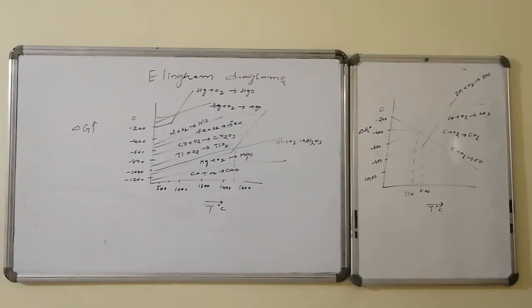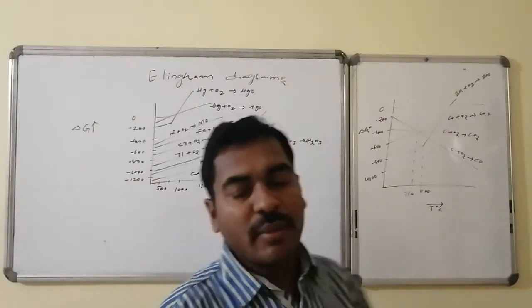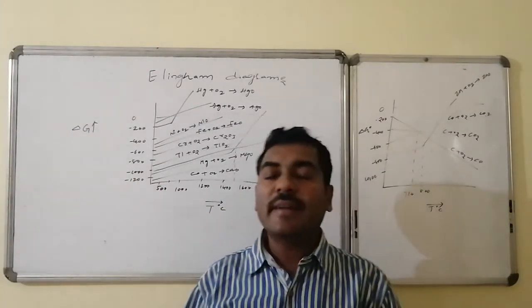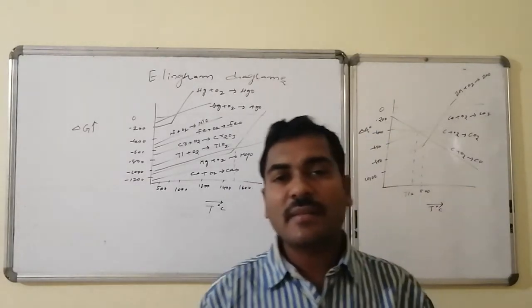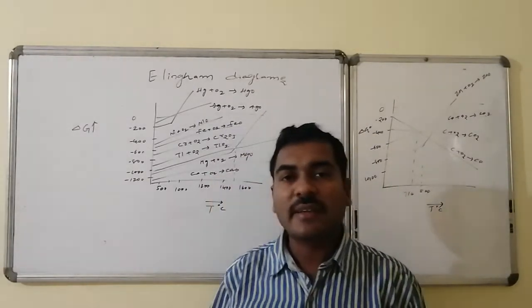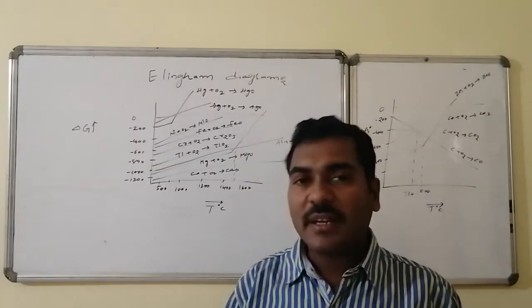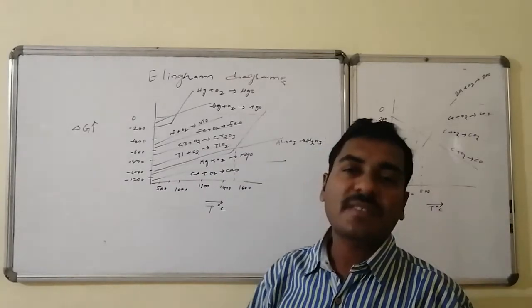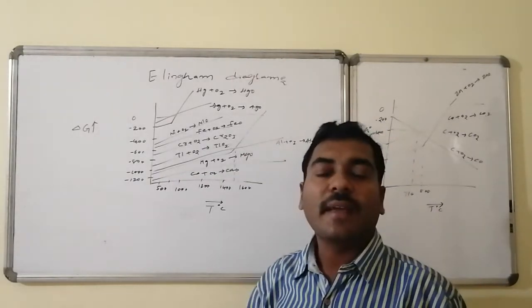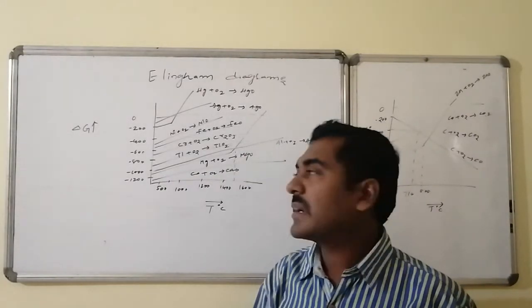Ellingham diagrams. Here the different varieties of metal-related chemical transformations and the corresponding possibilities, in the form of delta G and temperature, are plotted in a graph, which is said to be the Ellingham diagram. The general information related to the Ellingham diagrams of the metal oxide formation I am writing here; from that we will take the help of metal formation from the metal oxide.